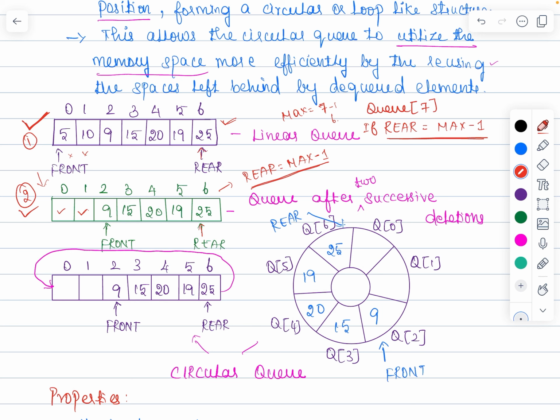So to avoid this, we can prefer this structure, which is queue number 3, a circular queue structure. Here we can make use of the spaces very efficiently. Suppose you are performing the dequeue at the front end. Though the rear is pointing to max minus 1, if there are spaces before the front pointer, we can make use of them efficiently using the circular queue structure. So if you check queue number 3, the third example, there are spaces here with the help of the